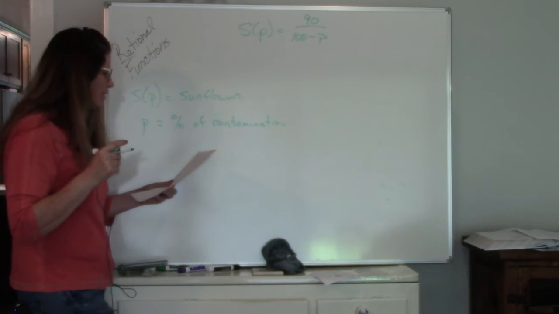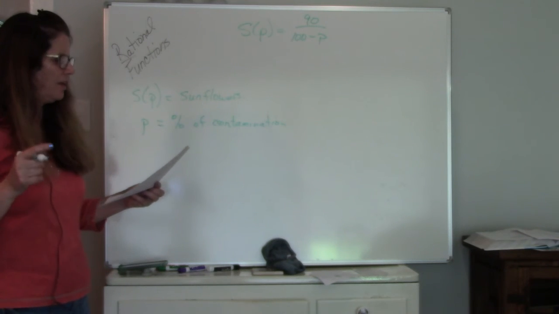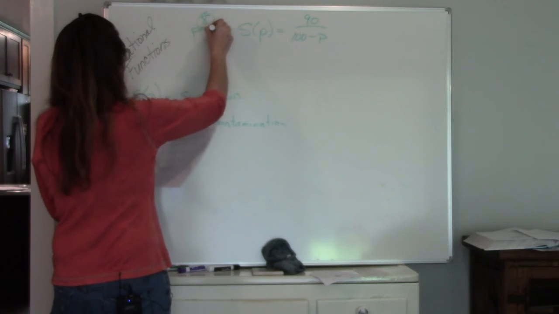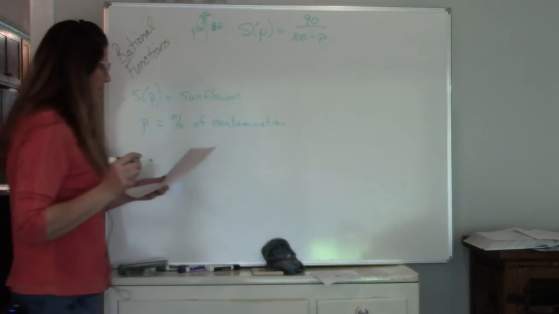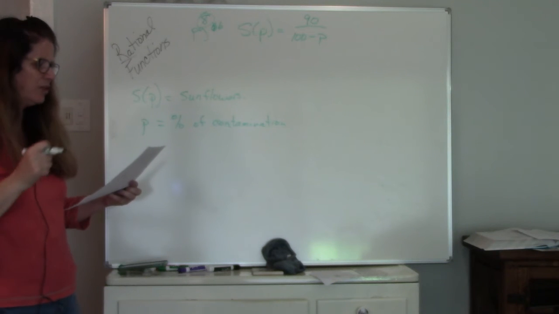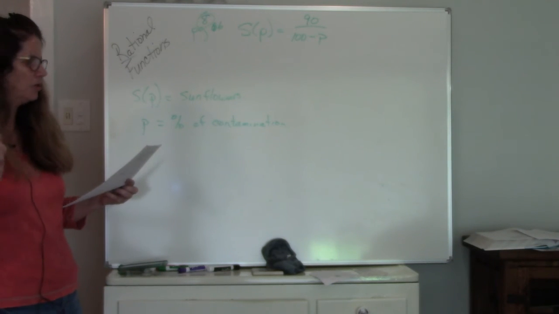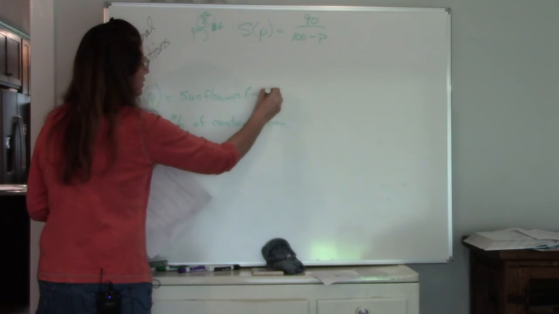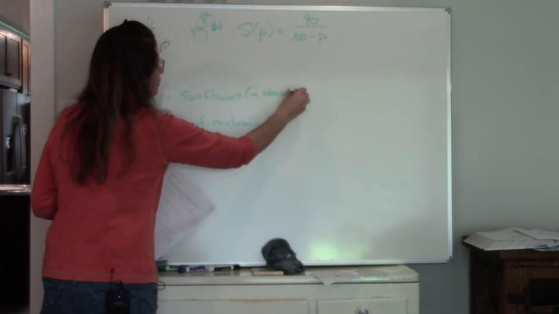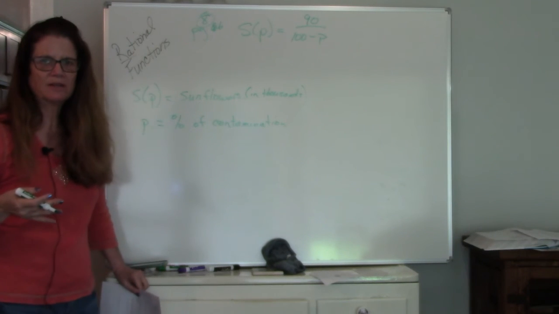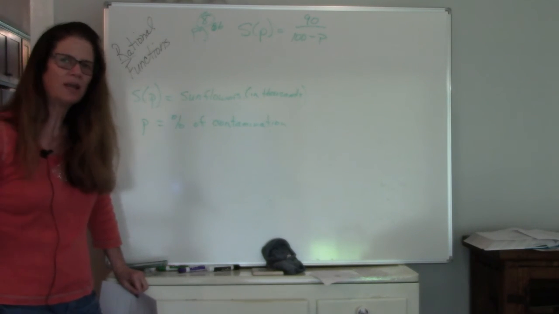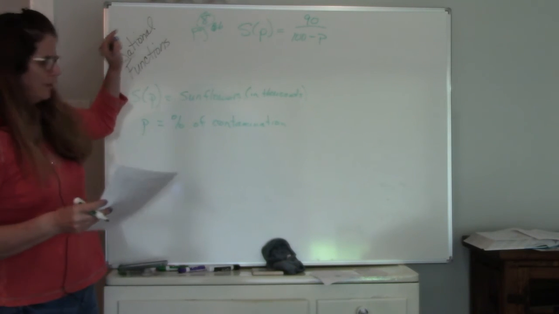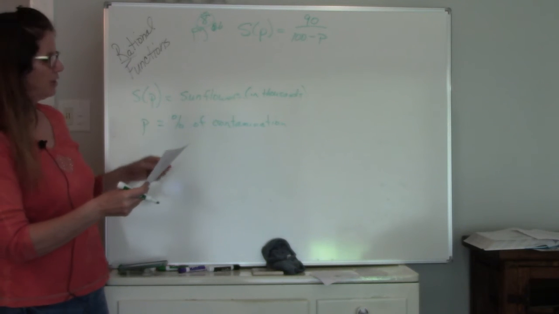So the first question is, how many sunflowers would it take to remove 50% of the contamination? I'm writing the page number and what number I'm working on. Now, this number S is in thousands. It's important to know what your number represents. Sometimes they'll take a bunch of zeros off, and it's much easier to work with. So if we want to remove 50% of the contamination,